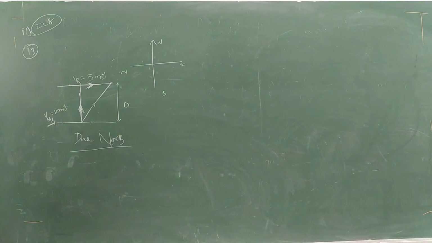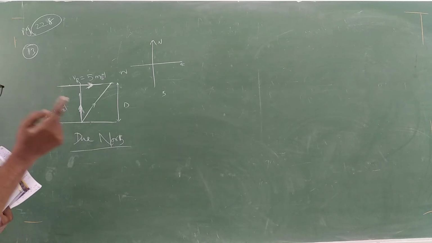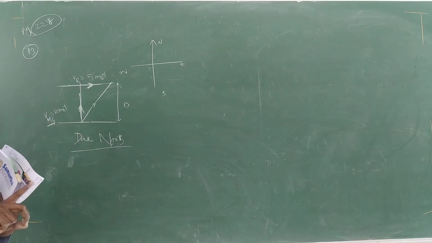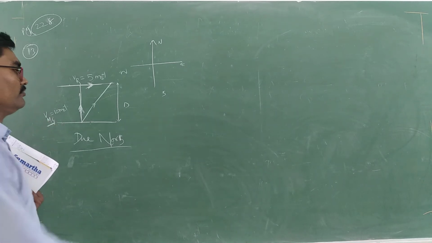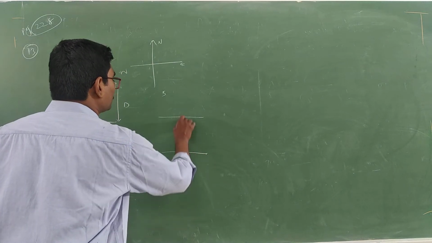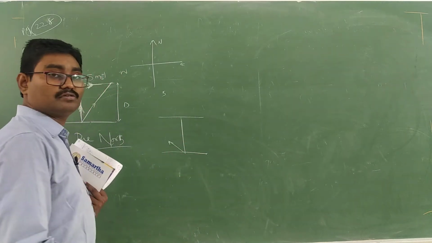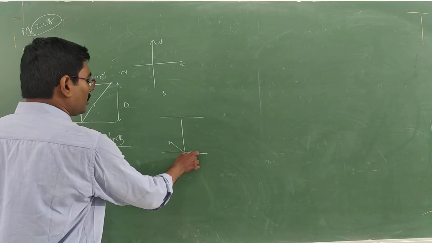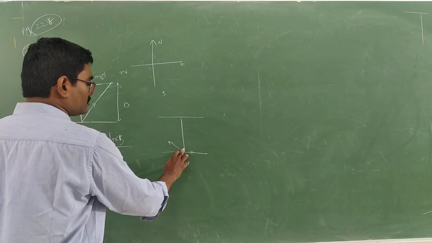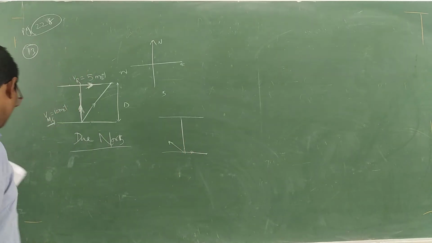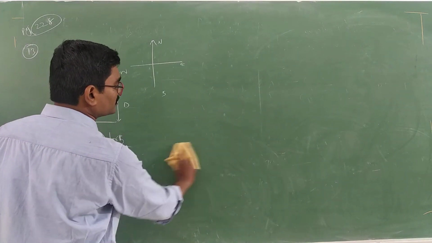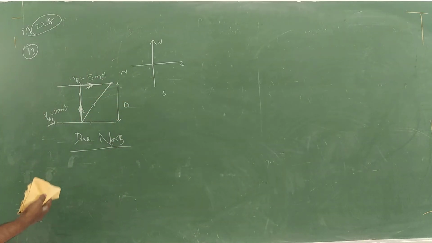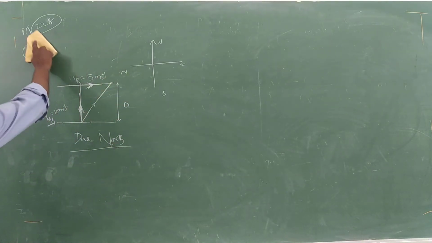Clear? If you want to cross the river in minimum time taken, he has to aim perpendicular to the flow. If you want to cross the river by the shortest path, he has to aim like this, with some angle to the river flow or with the normal. Depending on the case they ask, with the normal or with the river flow, you can decide the angle. Is it clear? So that is the answer. Next we go to another question.